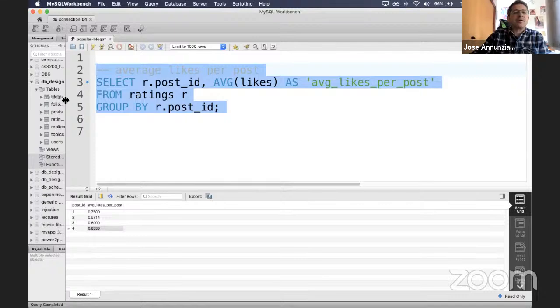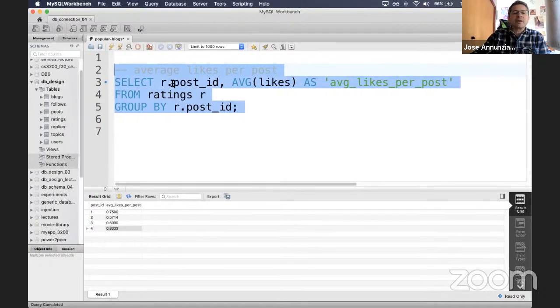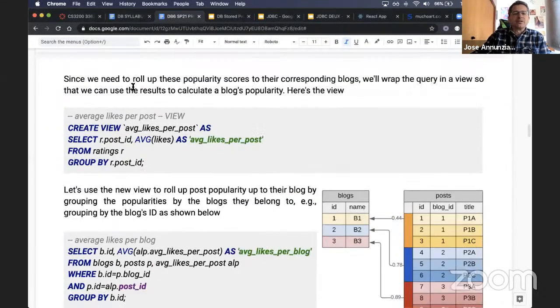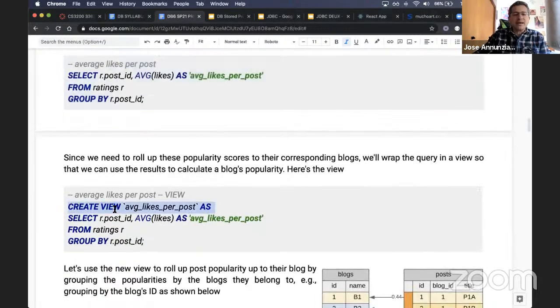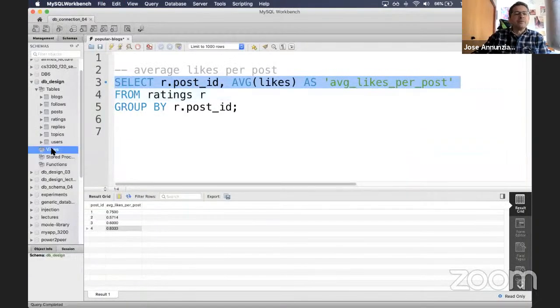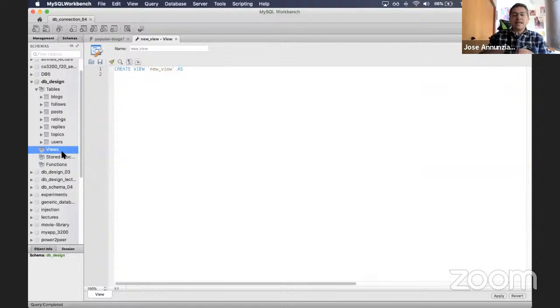Let's copy that query. Let's grab that query, right? And we're going to wrap it inside a view. See that? So this query over here is the same query, but inside of a view. And we're going to give it a proper name. We're going to say average likes per post. Okay, so let's do that. So I'm going to copy this. I'm going to say here, create a view, new view. So this allows me to